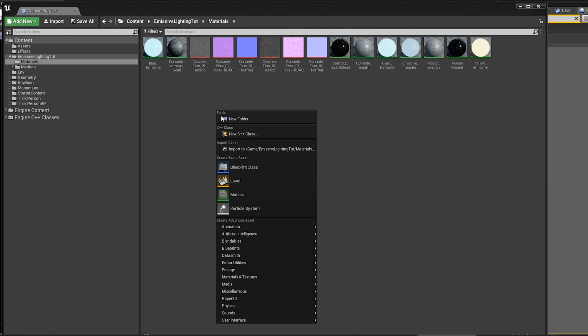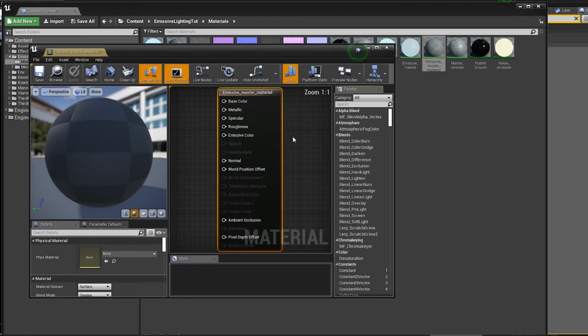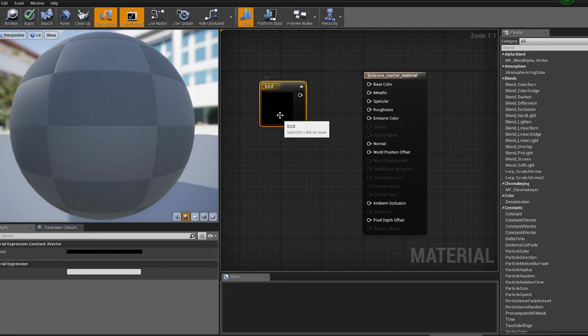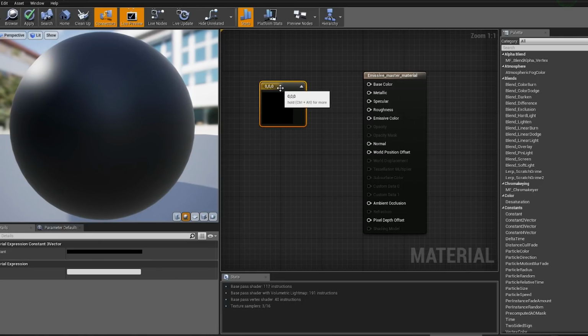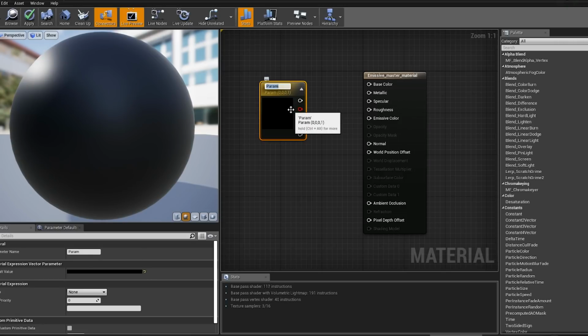So in the content browser, I'm just going to create a new material. And so you can see here it's a new material. I'm just going to call this something like emissive master material. Boom. Open it up. And it's going to be extremely fast and easy. So what I'm going to do is hold 3 for a 3 vector. This is basically a color picker, right? And I'm going to convert this to a parameter, because a parameter is something that shows up in your material instances and allows you to change the values of the instance on the fly, which is really cool. And then I'm going to give it a name here of emissive